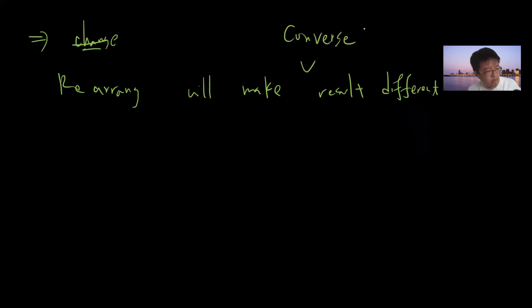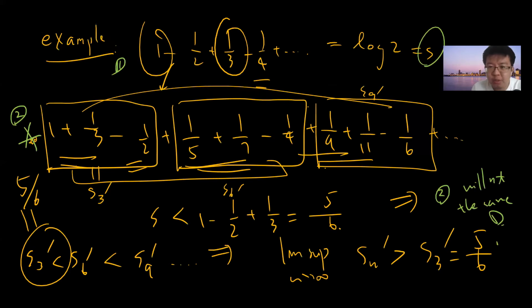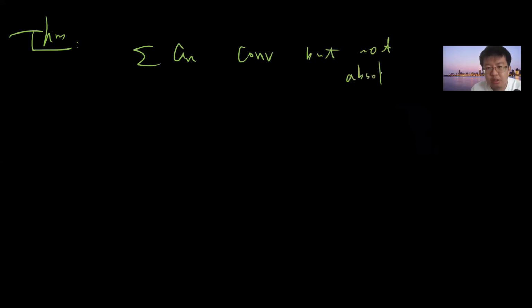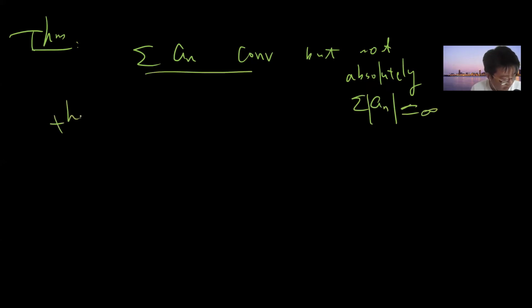But yeah, so this is just one example, right? But there is a theorem that Riemann proved about rearrangement. So the theorem, which is the key we have to prove. Suppose you have a_n which is real and converges, but not absolutely. So this means that the absolute value series will not converge, will become infinity, but this one converges. Then there exists a rearrangement a_n prime such that